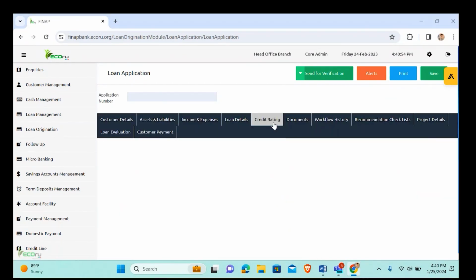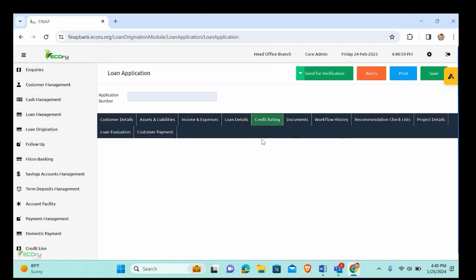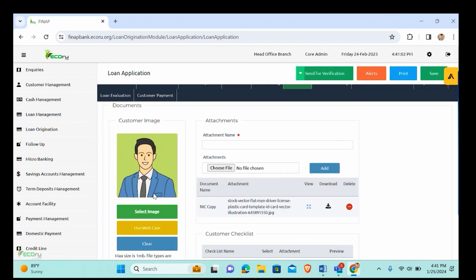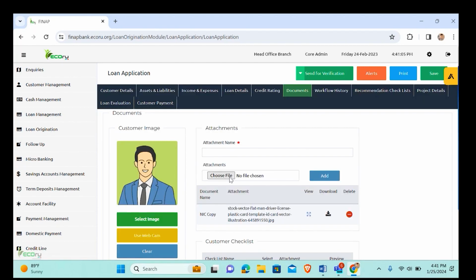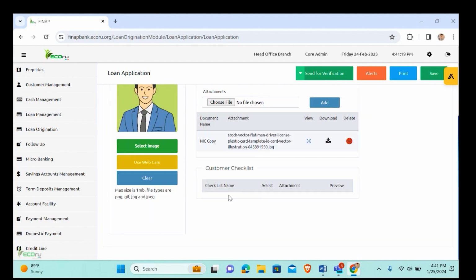You can set up the credit ratings here for the loan. So no credit rating information has been captured so far. In the documents, you can add the customer's image. If there's any attachment that needs to be added, you can add all the attachments here. So the NIC copy and all that we have mentioned that the customer needs to bring, we can add the NIC copy, the license or the passbook information, all the information as attachments here. In the checklist, it will show that the